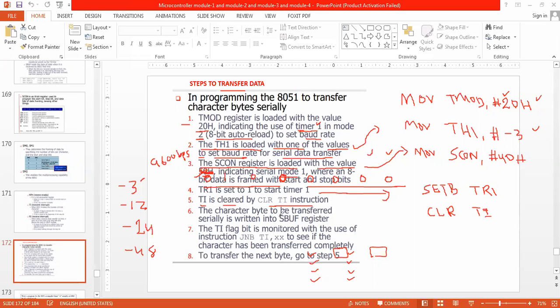The character byte to be transferred serially is written into the SBUF register. So I will take MOV SBUF, and first I will transfer only a single character.